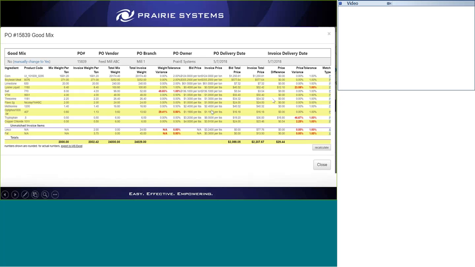In addition to quantity, as I stated before, we also analyze the cost. So here's an item that we expected to cost $40.32 based on the bid price of 40 cents a pound. And we were invoiced 52 cents a pound, or $52.42, for an unexpected variance of $12.10, which was 23% off. And we do have a 1% variance tolerance on price for these ingredients. So again, that is highlighted in red as a reason that this particular invoice does not pass our good mix